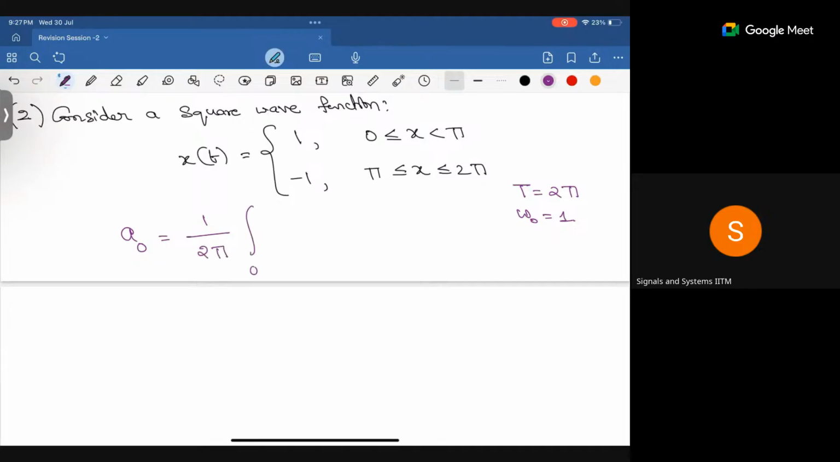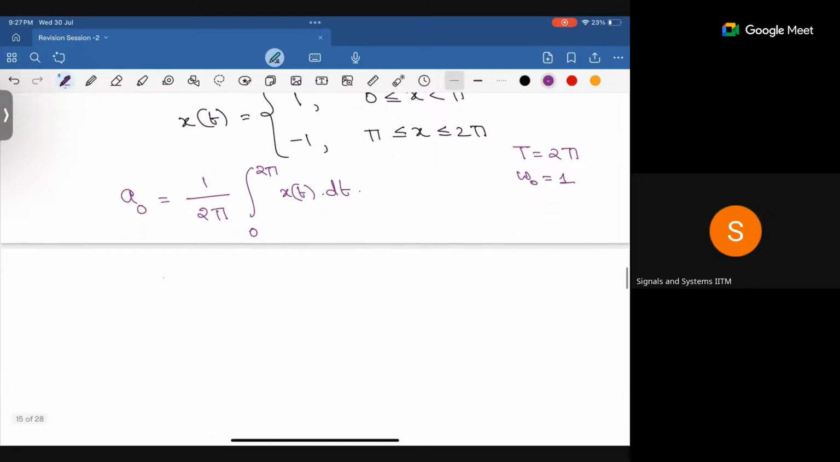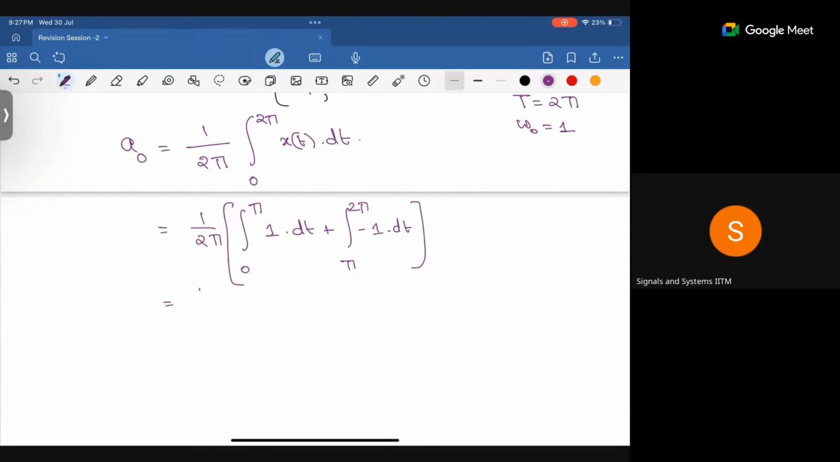Okay, so I have to integrate from 0 to 2 pi x of t dt. So this is 1 by 2 pi. I'll have to integrate 0 to pi 1 dt plus pi to 2 pi, sorry, minus 1 dt. Correct. And this is like 1 by 2 pi. Integral of 1 is t. And if I substitute the limits, it will just be pi minus 0